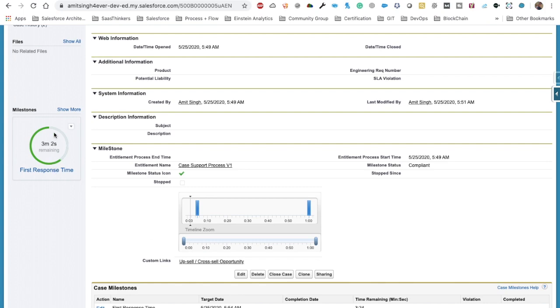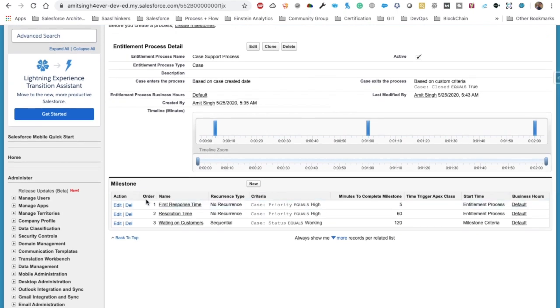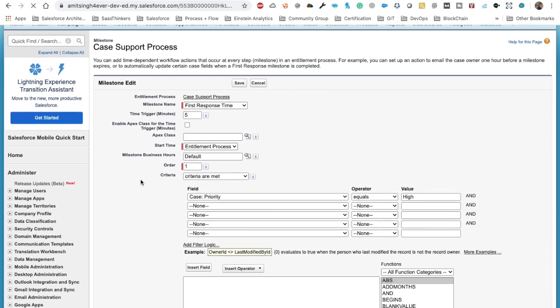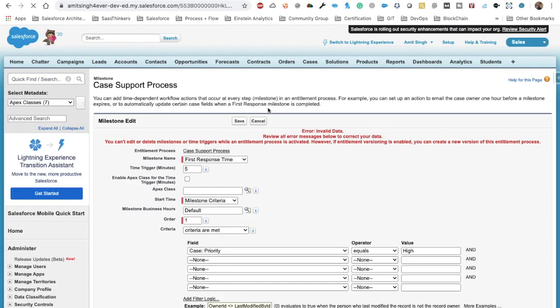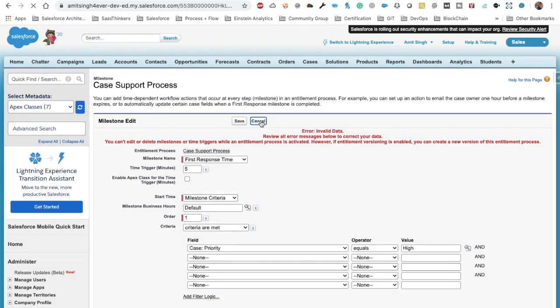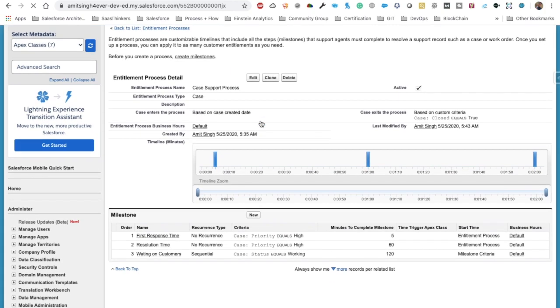Why is it showing 3 minutes? In the entitlement process, if we look at the first resolution time and try to edit this, what was the start time? We need to say milestone criteria instead of milestone. So now we need to save this. Why is it saying that? Okay, we are getting this because we have activated it, and after activation we cannot change that.